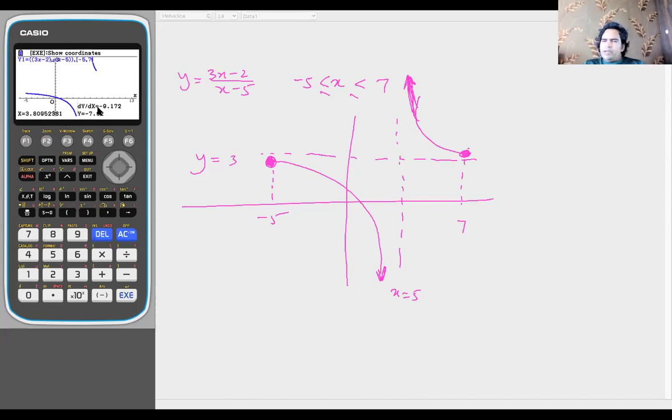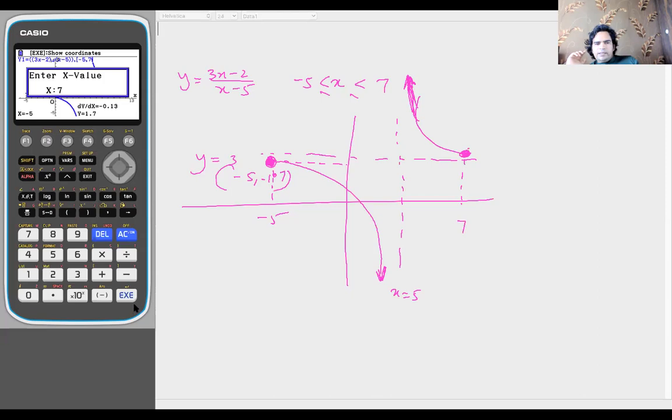Don't worry about this dy by dx. You'll understand that in a later part in AdMath or IB. But right now, if I trace at, let's say, minus 5, just type minus 5 on your screen and execute. It will give you the value of y. So the value of y is 1.7. So this coordinate, when you write it, is negative 5 comma negative 1.7. This needs to come. Now similarly, if I trace at 7,